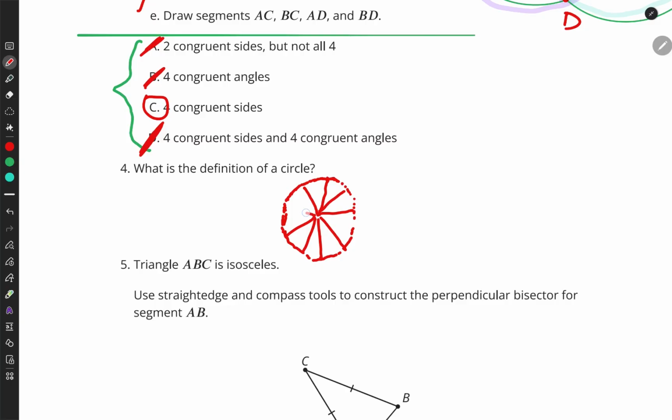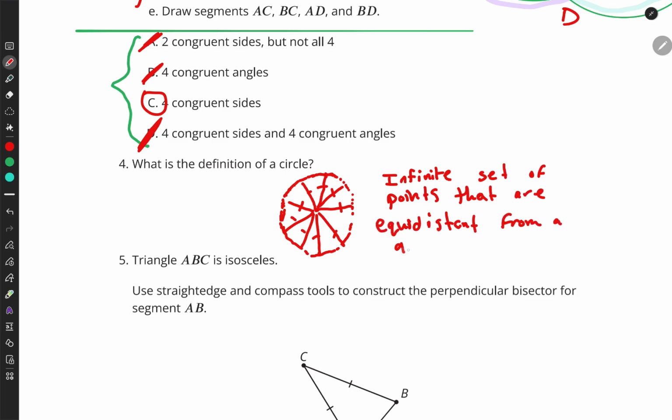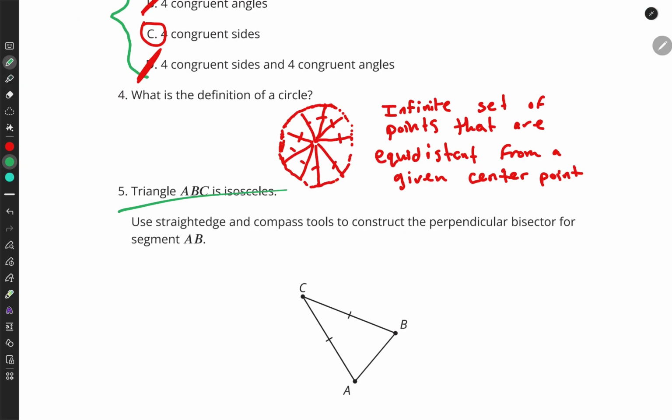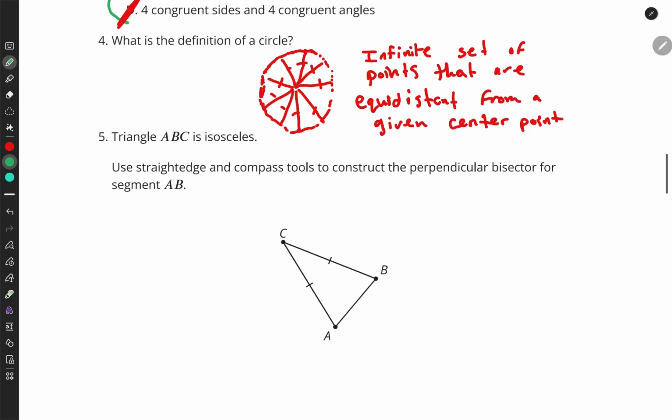He is the same space away from all of these little mini infinite points. So, the definition is an infinite set of points that are the same distance, or equidistant, from a given center point. Okay, triangles, isosceles thing. Does it really matter? I'm going to be honest, not really. Because they just said